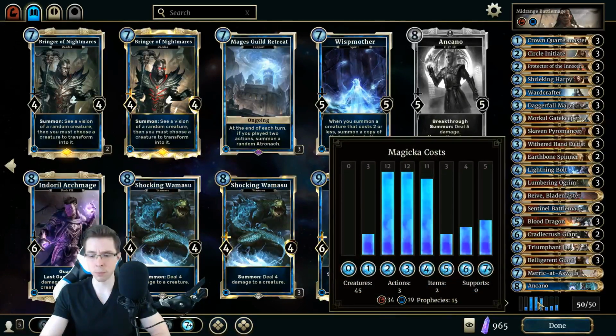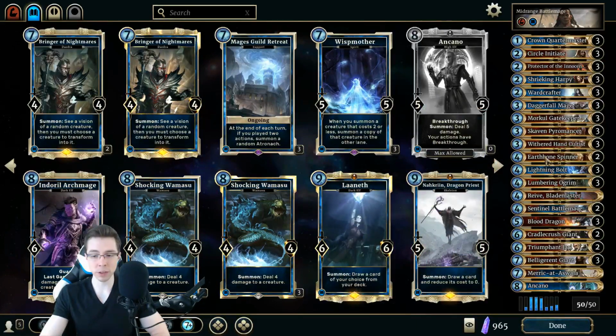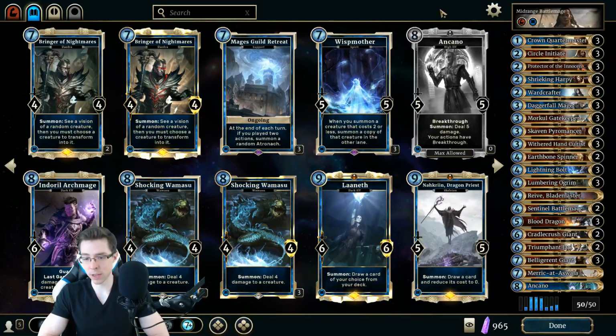We are playing 15 Prophecies here. I did cut one of the Earthbone Spinners just because I wanted to make sure I had as many proactive threats as possible, but a third Earthbone Spinner, totally fine in the deck. And I do think this deck should perform pretty well, so hopefully you guys enjoyed the video and the gameplay,